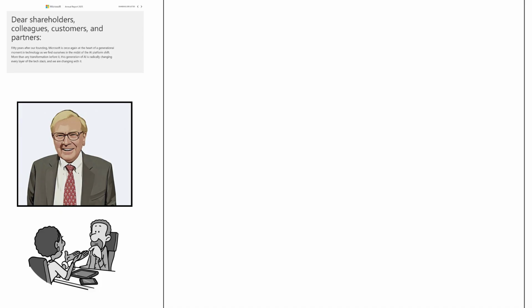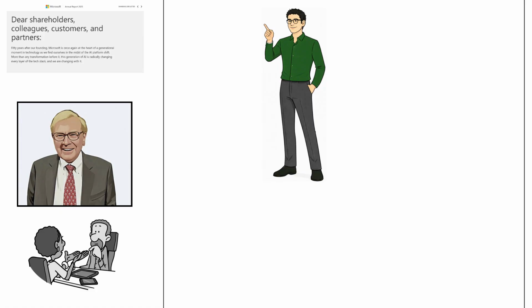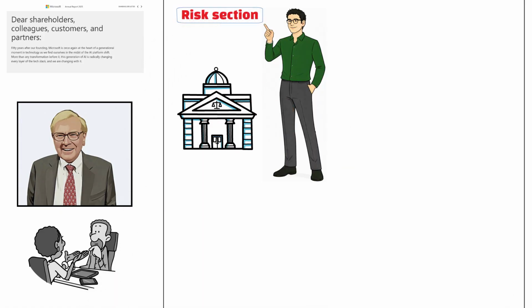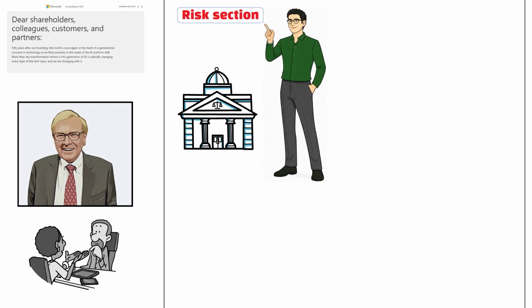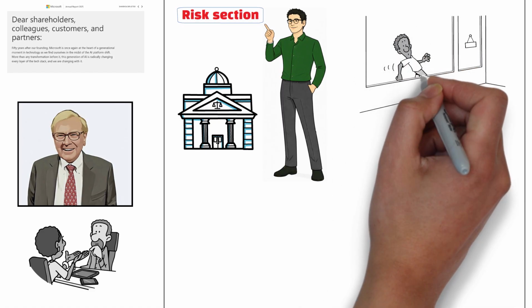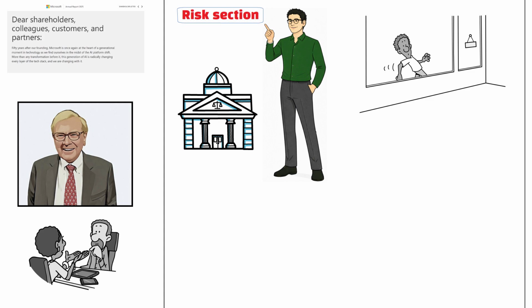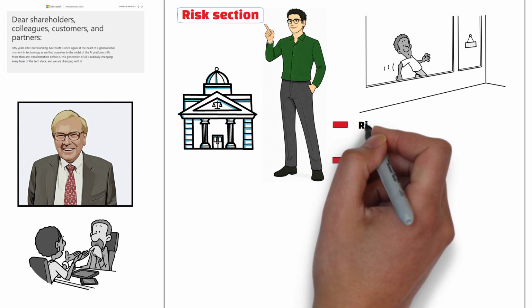Honest communication matters deeply to him. Not clever wording, but rather clarity with integrity from management. Next, he goes straight to the risk section. Companies are required by law to mention risks, which makes this one of the most revealing parts of the report. Buffett looks for customer concentration, exposure to volatile costs, regulatory risk, and reliance on favorable economic conditions.